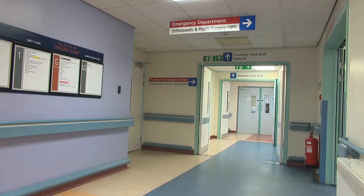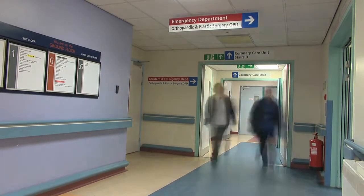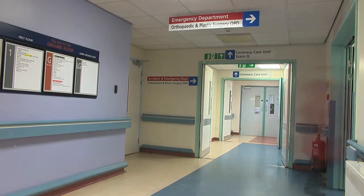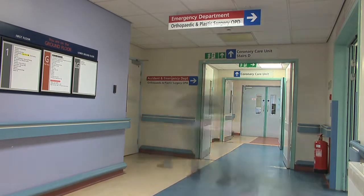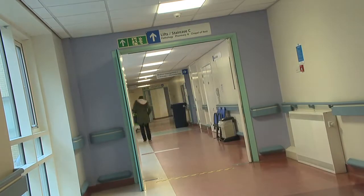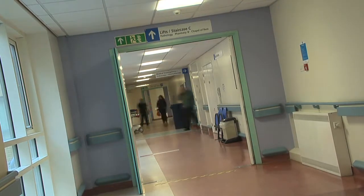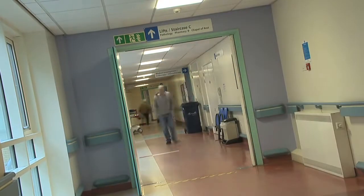The front of house is going to affect everybody in the hospital and the community. They're going to have to be more involved in emergency care and unscheduled care. We'll be looking, as well as the emergency departments providing the bulk of the care, for the other specialities to be heavily involved to ensure that there are no bottlenecks and barriers to patient flow and patient